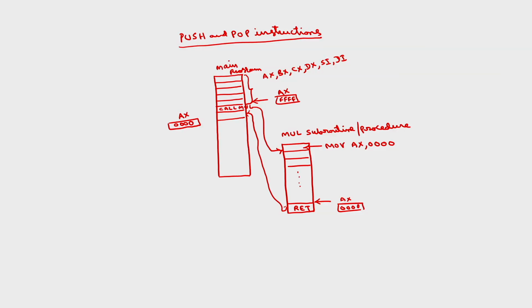So, here in the subroutine, if I use this register for some other purpose, then while returning back, the contents of AX have been changed. So, now what is the solution? Before the microprocessor control goes to this subroutine, what the programmer has to do is save the contents of all the registers temporarily in some location which is called a stack.